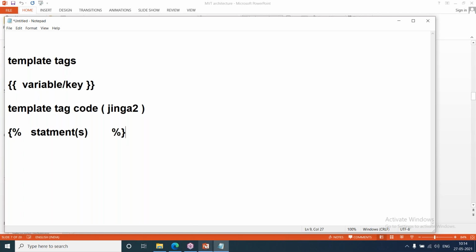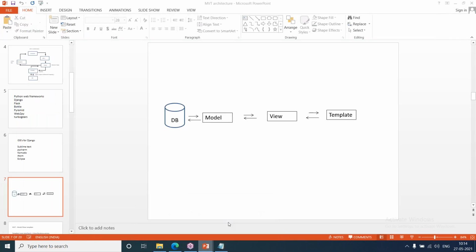When we say presentation layer, or template, template means what? HTML file. So an HTML file is called a presentation layer or user interface. Here in Django, we'll focus on creating static pages and dynamic pages. For static and dynamic pages, .html is the file extension.